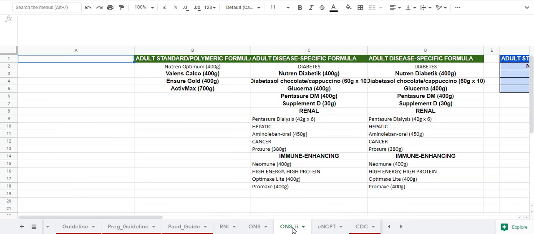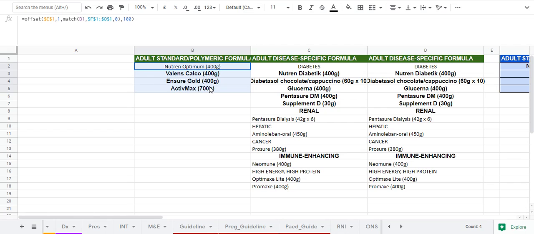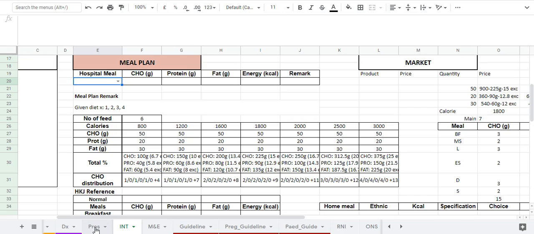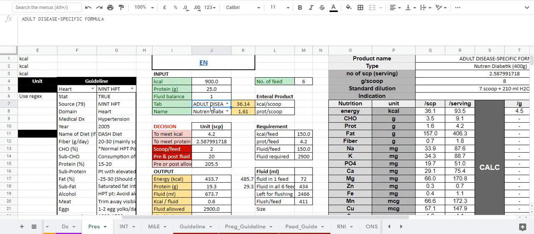Next is your ONS tool. This is a tab that I will usually keep hidden because it is only meant to help the Google Sheet to recognize, say, if I want adult standard polymeric formula, so only give me the option of adult standard polymeric formula to choose from. Now, for demonstration purposes, if we go back to prescription and I put, okay, I want adult standard polymeric, that ONS 2 tab is what actually helps us to give out the options that are relevant for